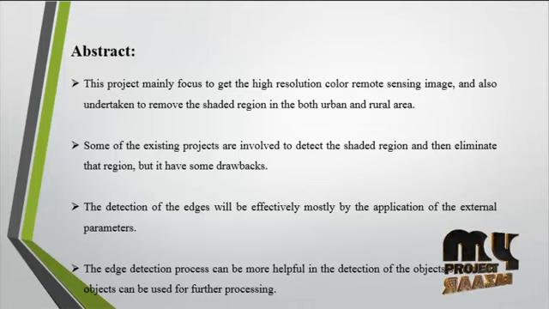In accordance with the characteristics of urban high resolution color remote sensing images, we put forward an object oriented shadow detection and removal method. In this method, shadow features are taken into consideration during the image segmentation, and then according to the features of the images, suspected shadows are extracted. Furthermore, some dark objects which could be mistaken for shadows are ruled out according to the object properties and spatial relationship between the objects.